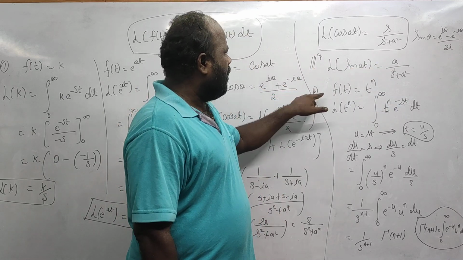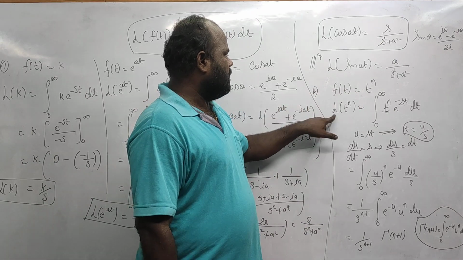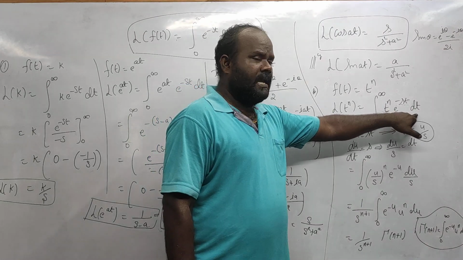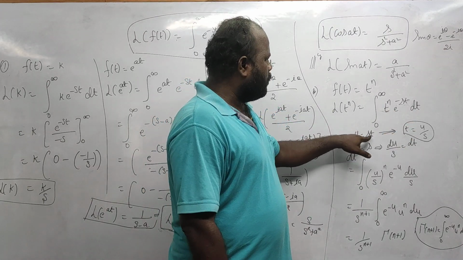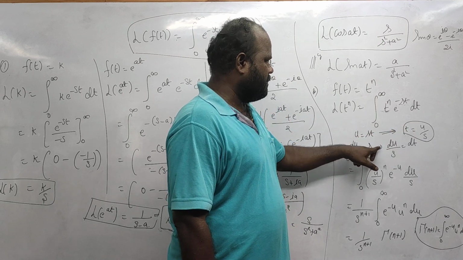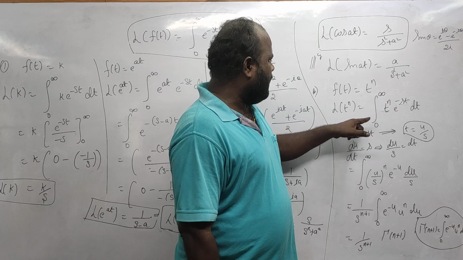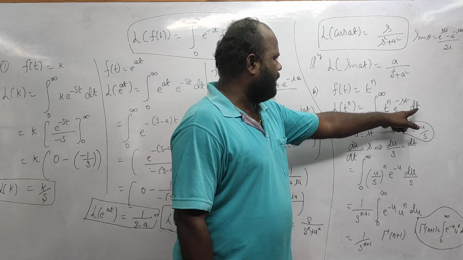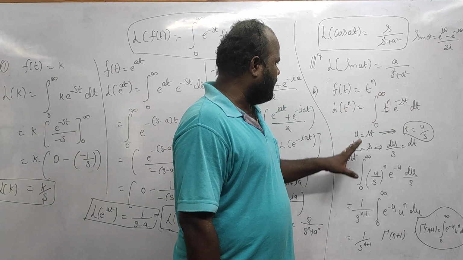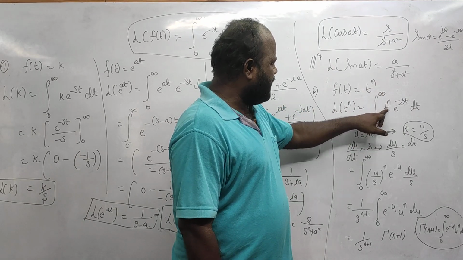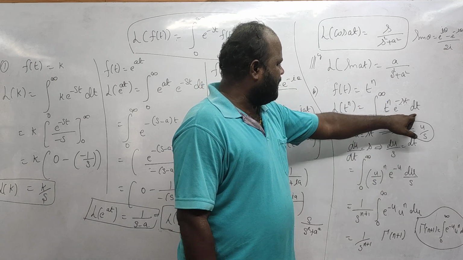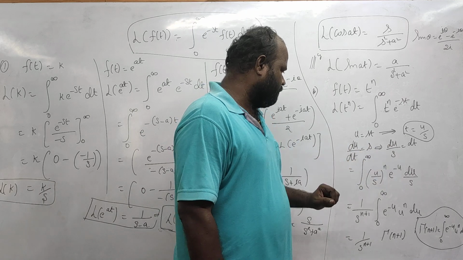And finally, how do you find Laplace of t power n? Laplace of t power n is equal to integral 0 to infinity of t power n into e power minus st dt. So take u is equal to st. So t becomes u by s. If you differentiate with respect to t, what do you get? s. So du by s is equal to dt. There is no change in the limit also. If you take t equal to 0, then u is also 0, and t equal to infinity, u is also infinity. So you keep the limits as they are. This t is replaced by (u by s) whole power n, this st term is replaced by u, and this dt is replaced by du by s.